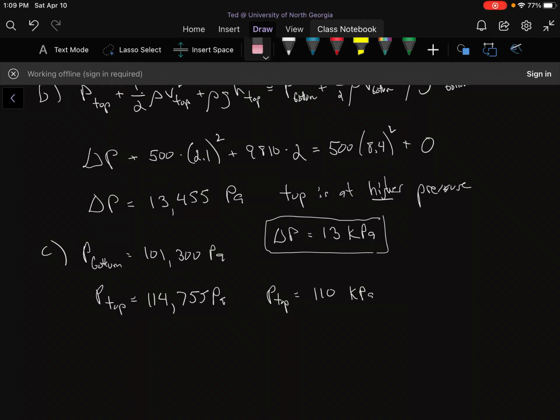And I'm putting it in kilopascals. You don't have to. You could write this as 1.1 times 10 to the 5th pascals. That would be a perfectly good way of writing it with 2 significant digits. Probably the best way to write it with 2 significant digits. All right,